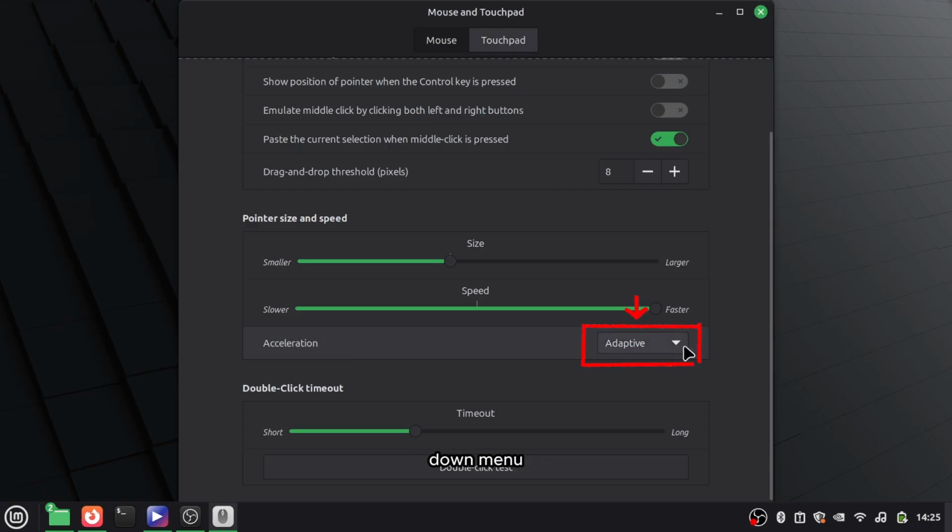Click that drop-down menu to reveal your precision control tracking options. Select constant from the drop-down list to completely disable mouse acceleration for raw, predictable, one-to-one tracking across your monitor space. Alternatively, select adaptive to enable tracking acceleration that moves your cursor faster when you flick your wrist, or choose device default to reset it. The system core applies your hardware tracking profile adjustments globally in real time the exact millisecond